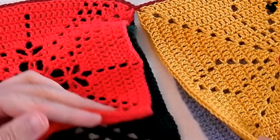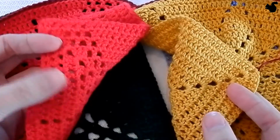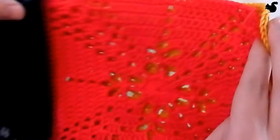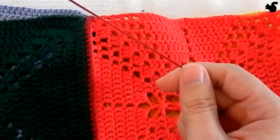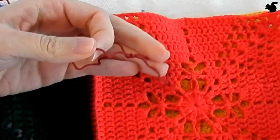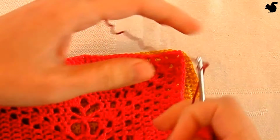And when you've done all of this in one direction, you of course want to start working on the other direction. And this, especially if you have a big blanket, can be quite troublesome, so maybe have somebody help you. So change your direction, and again put the two grannies with the back sides on top of each other and swap directions, like so. And now you're going to do exactly the same as what you've done up till now. Just find the beginning of my yarn here, make a loop, get it onto your hook, and we're going to start here as well in the corner,